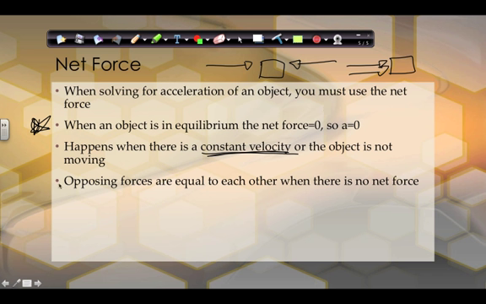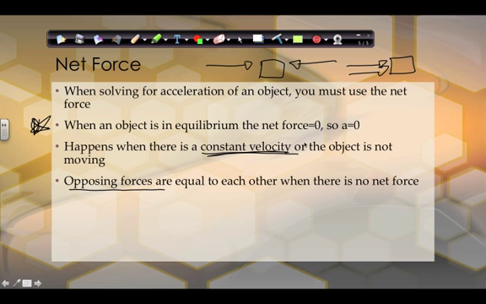When this happens, all your opposing forces will be equal to each other. So right here, if this box was moving with a constant velocity, this force and this force would actually be equal to each other. So you can have movement and have a net force equal 0,